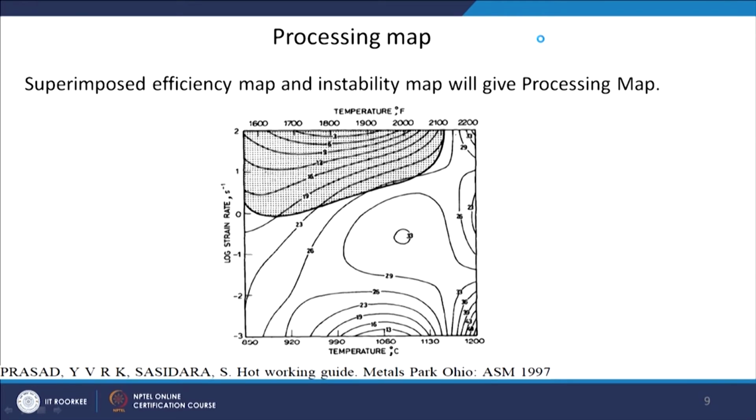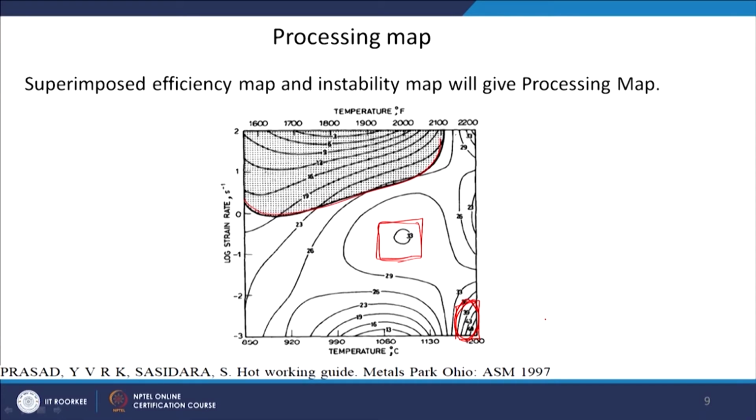So, the idea here is that you have to identify where you have higher efficiency. For example, you have higher efficiency at this point, then you have higher efficiency somewhere here, and you have instability here. Now the remaining areas are safe areas, I can do processing there, but I would like to do processing where the efficiency is high. Generally, we would like to avoid the high temperature region, because if any recrystallization is taking place, then subsequent grain growth will also be a possibility.